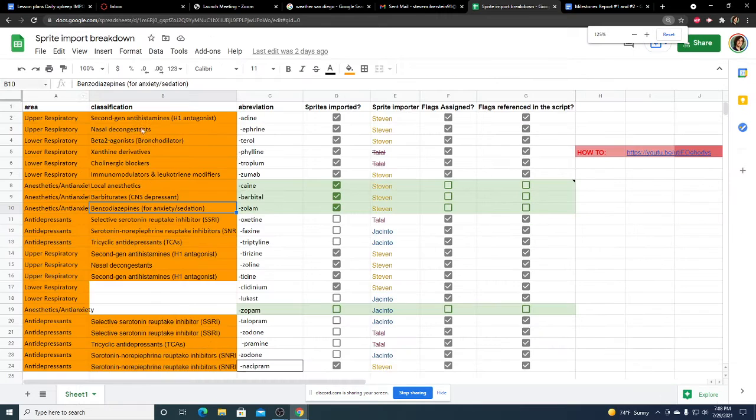Okay, yeah. So this is my progress. I got the flags written down in the script, and I got them assigned to the pills. These green ones were the ones that I was just asking you about. Previously, the reason we had all of them divvied up is because I thought people were going to be working on it throughout the last class. I thought we had a whole bunch of people, and then when Tracy said do all the things, we were like, oh my God, do all the things for one credit.